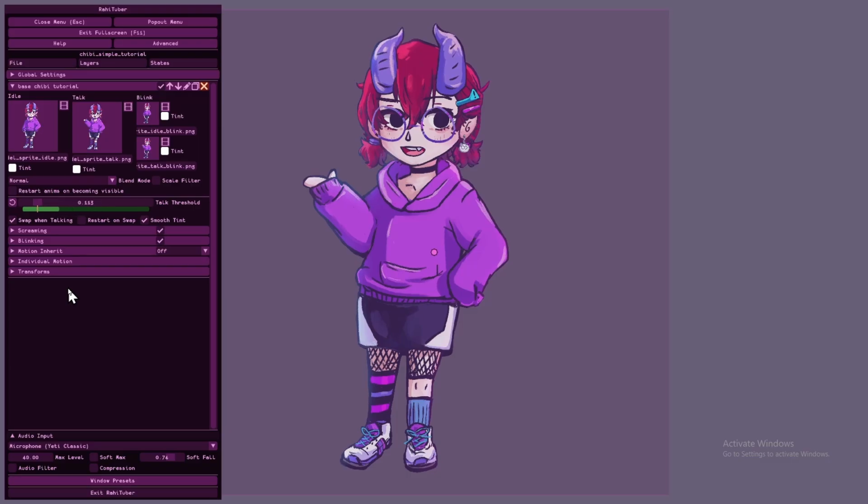When we don't have a motion inherit set, when it's set to off, we have this individual motion visible by default. Opening this menu will reveal the artists formerly known as bouncing and breathing, aka our talking motion, our idle motion, and our constant motion. Our minimal layer here did not come with these settings being turned on, but the default layers, when you don't have minimal layers on, will have their own individual motion set already.